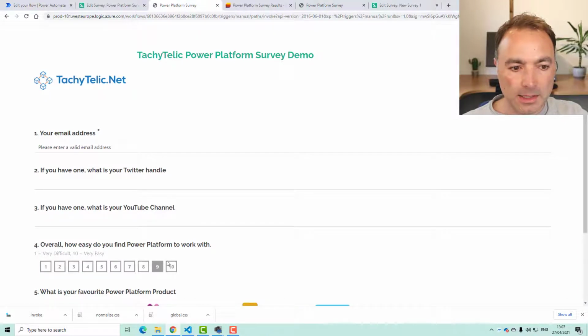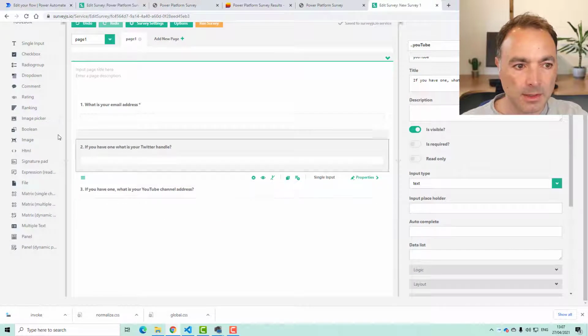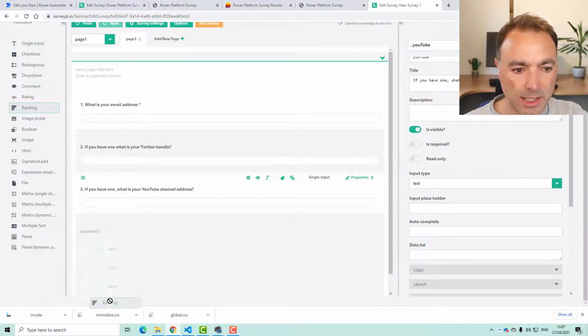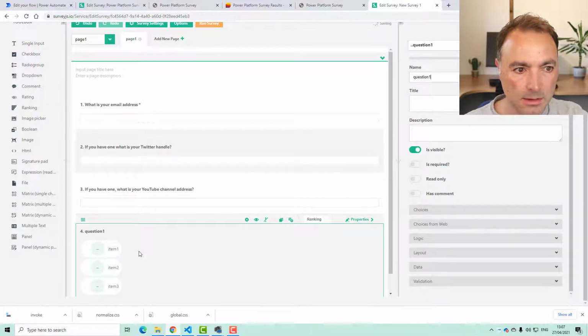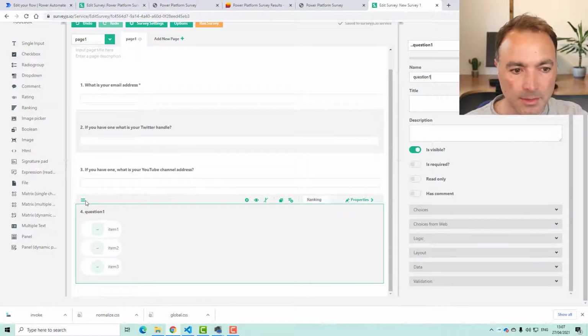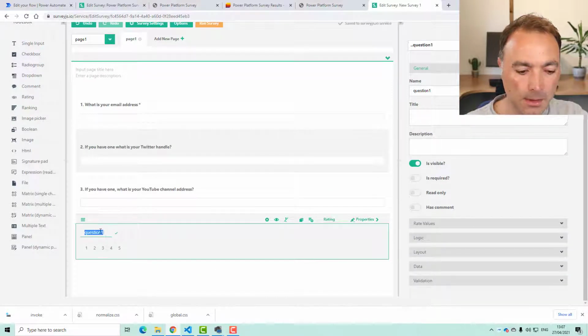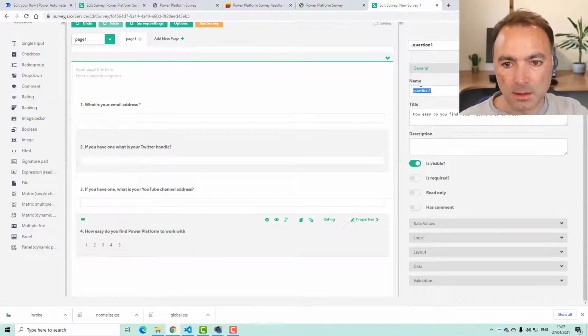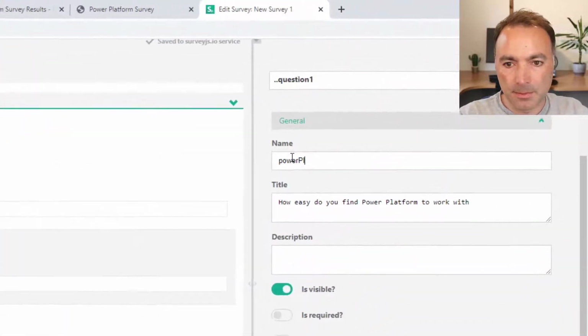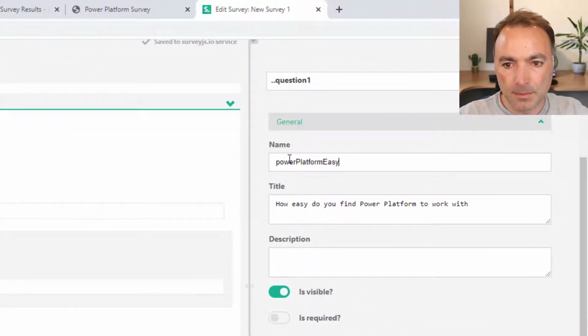And then this, how easy do you find Power Platform to work with? So for this one, I'm going to choose a ranking. No, that's not the right one. I don't like that one. Let's get rid of that. I wanted a rating. Give this a name. And then we'll give it a description as well.